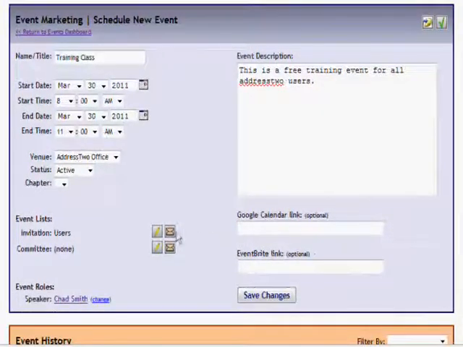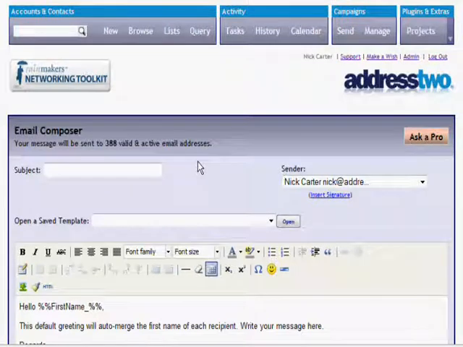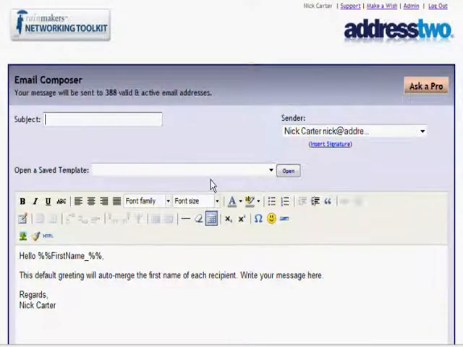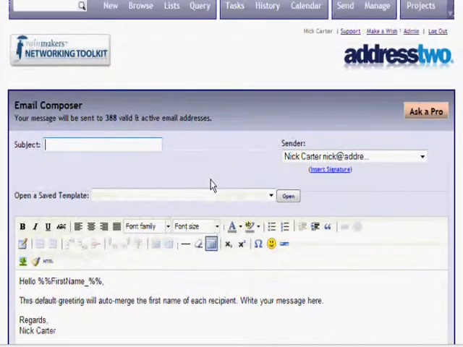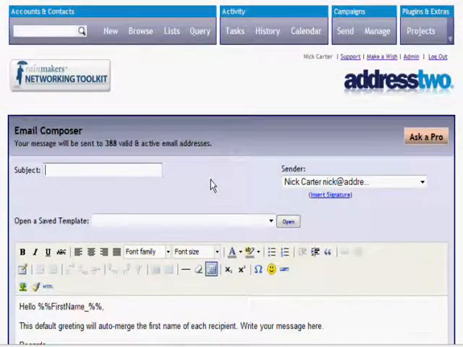But first, you remember that I tied an event invitation list to this event. All I have to do here is click the email button, and it automatically opens up my email composer from the Campaign Manager tool so that I can send out an event invitation. If I go back to the event itself,